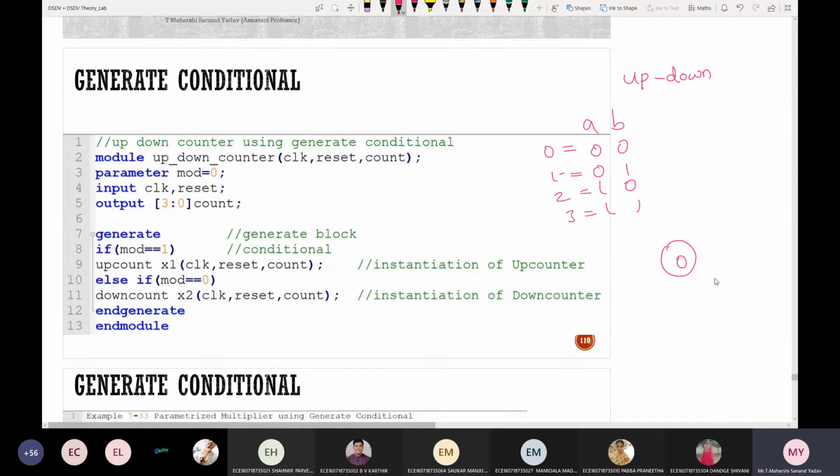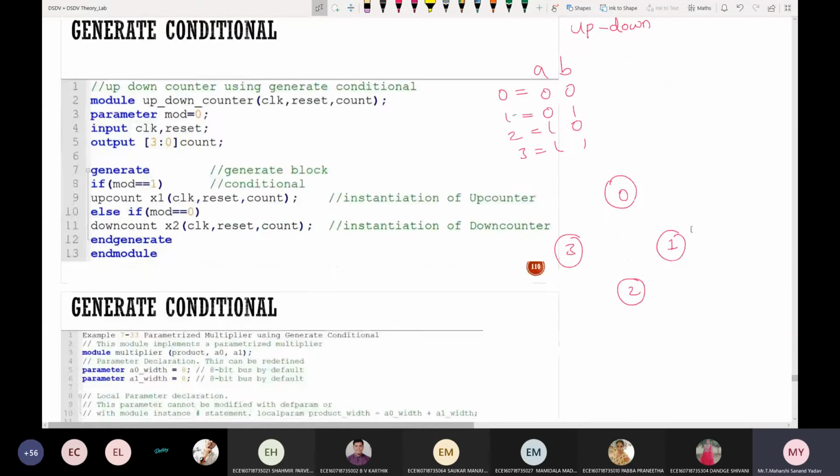So better I add a state diagram. If you remember, this will be your unit number 5 in digital electronics. Again, I'll cover the entire concept of state diagrams, state tables, and Mealy and Moore models in your unit number 3. This is called a state diagram. Going from 0 to 1, 1 to 2, 2 to 3, 3 to 0. Should I call it up counting or down counting? Up counting. 0, 1, 2, 3 is called up. 3, 2, 1, 0 is called down. So this is up counting.